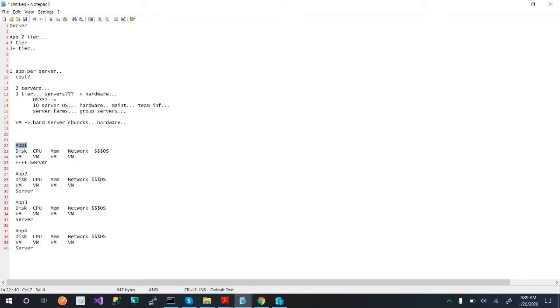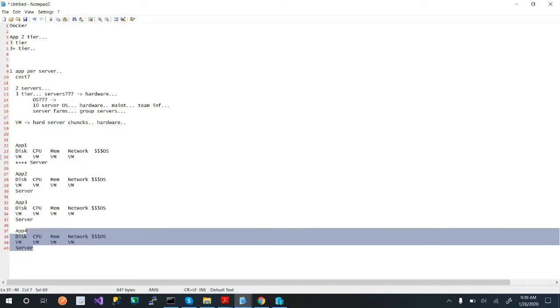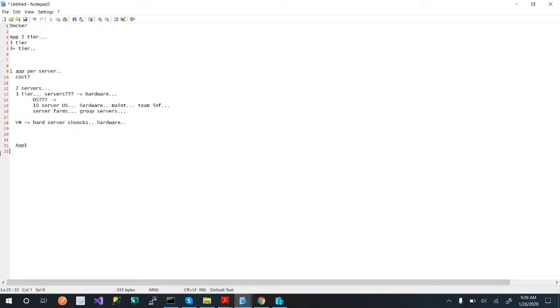But what if I had something a little bit different? What if I had something that just said, you know what? What if you have a server? And on the server, I don't care about your hardware. I only care about the application running on the OS. Okay, well, in a nutshell, that's kind of what a Docker is.